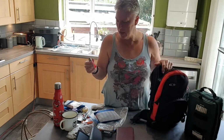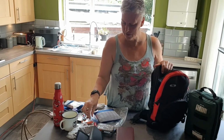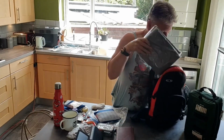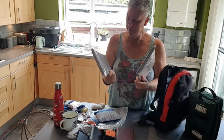There's a lighter in there. I think if you were going through an airport scanner, you might have to put that in the tray, but no, that's just fallen to the bottom. Normally that's in the top. I've got some travel adapters and 2